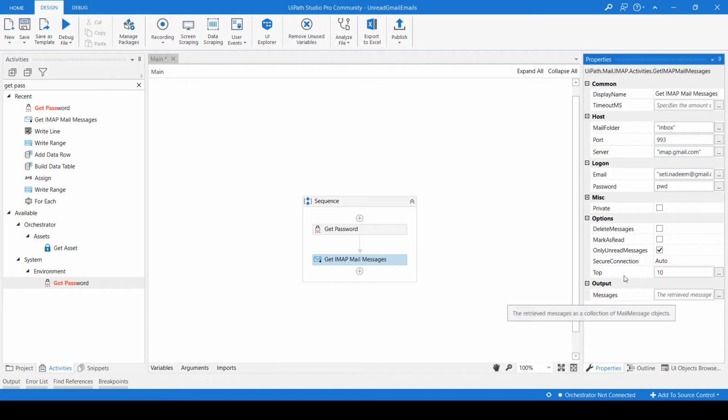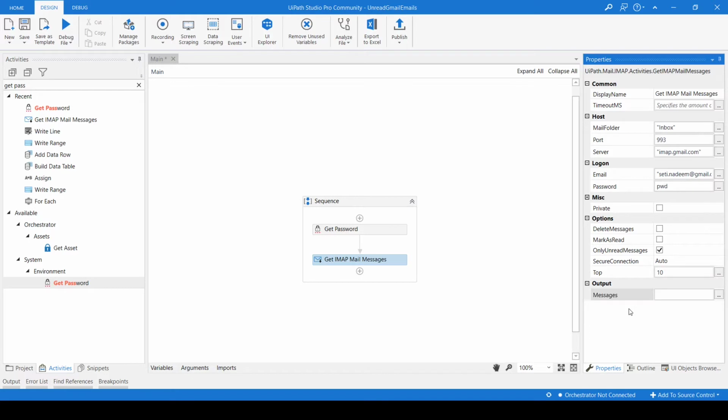And the output: for example, if we have read the 100 emails from this email address, after reading we need to hold them somewhere. For holding that data, we need to create a variable that can hold that value. So in this output we will hold the emails. So Control K, I'll create a variable named 100 emails.